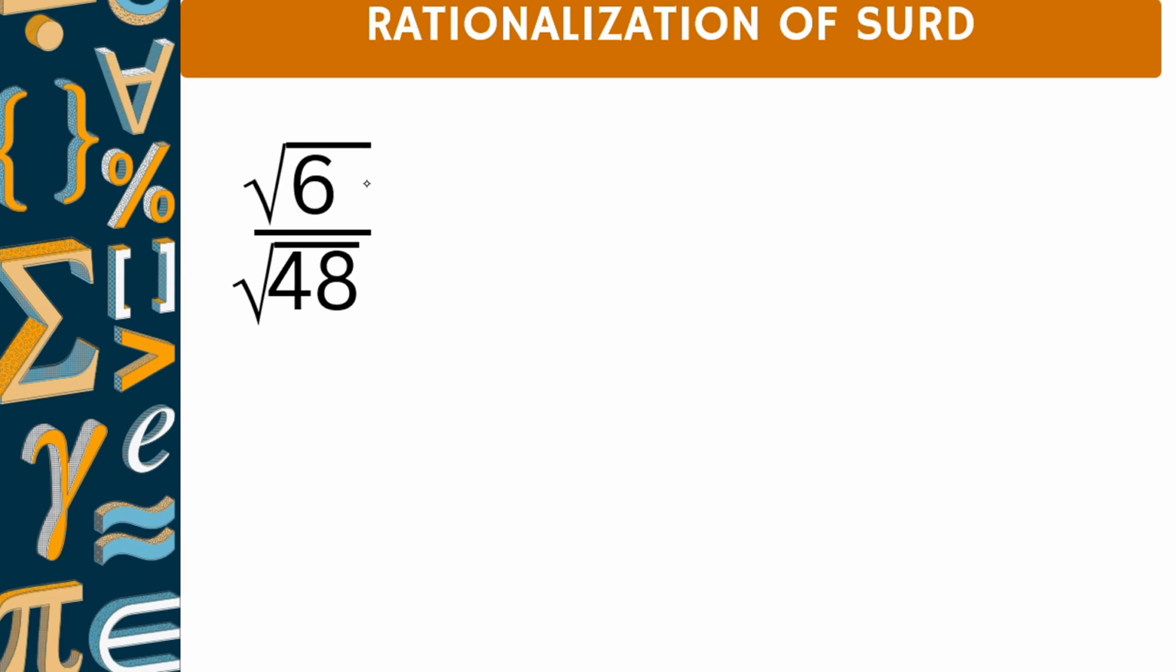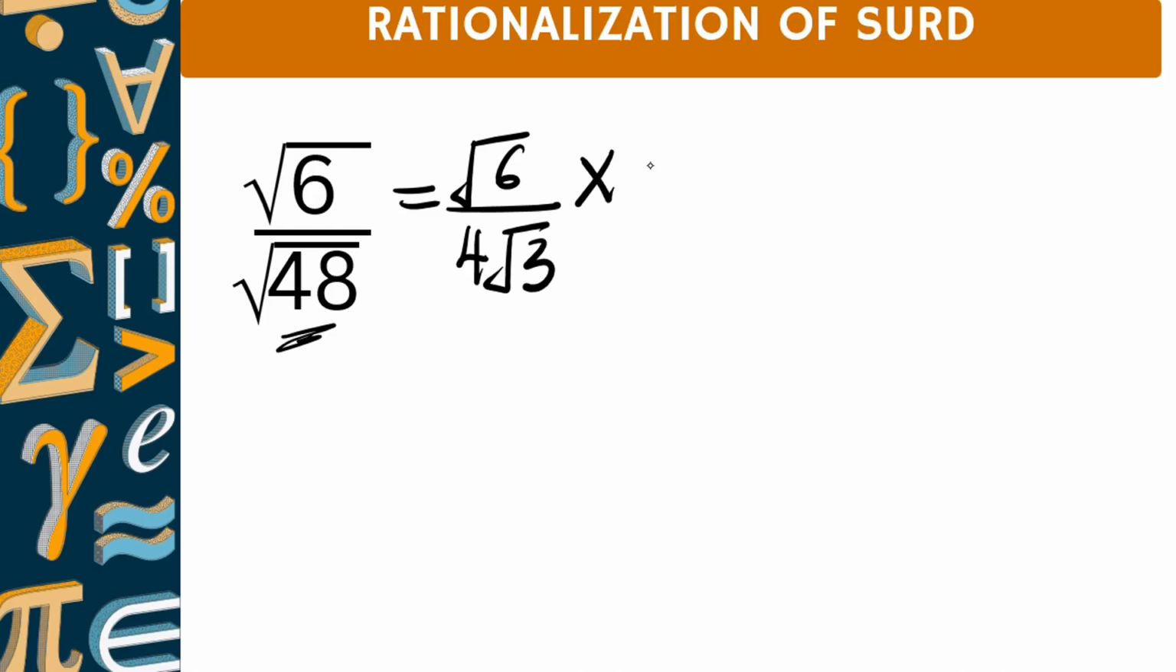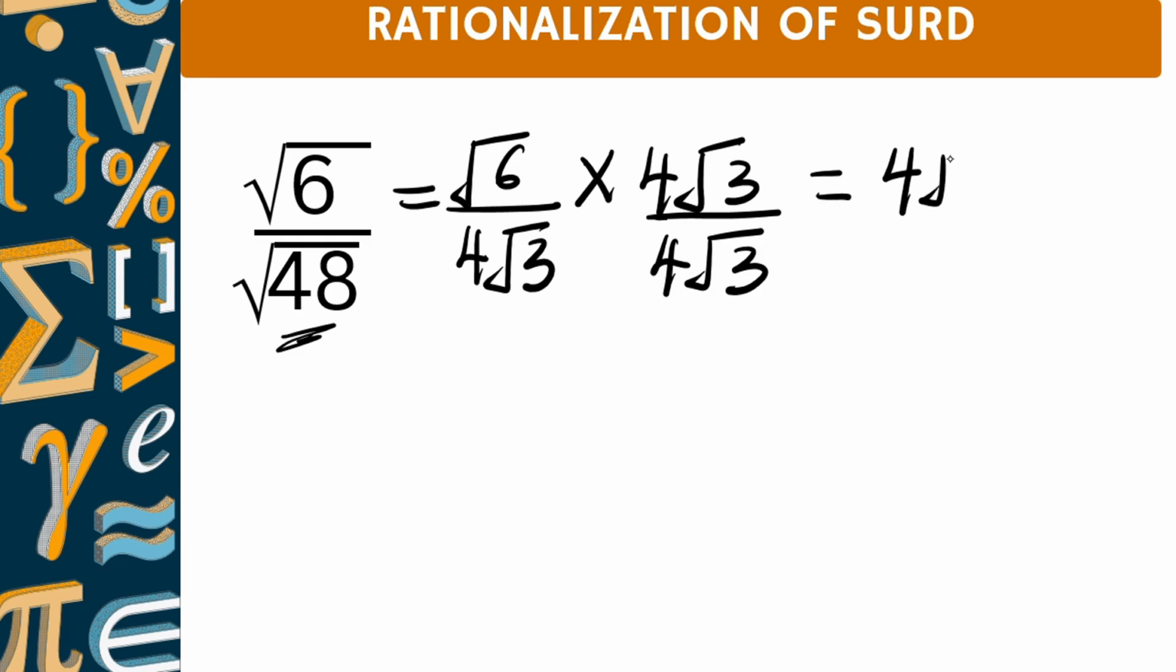Just to simplify root 6 over root 48. The first thing I'm going to do is break down root 48 to its simplest form. That will be root 6 all over 4 root 3. So therefore, to rationalize, I multiply the numerator and also the denominator by root 3. So therefore, this would be equal to 4 root 18 all over